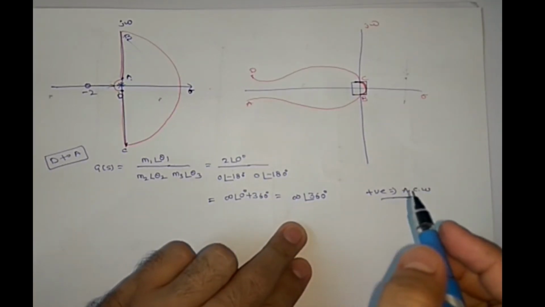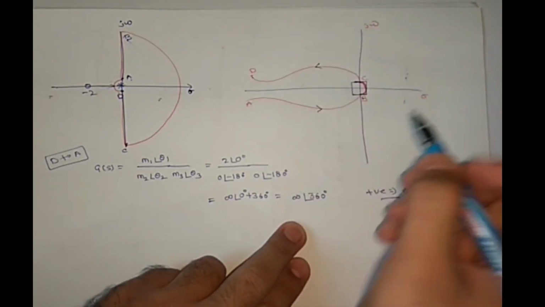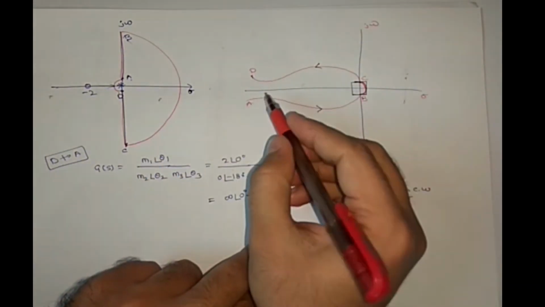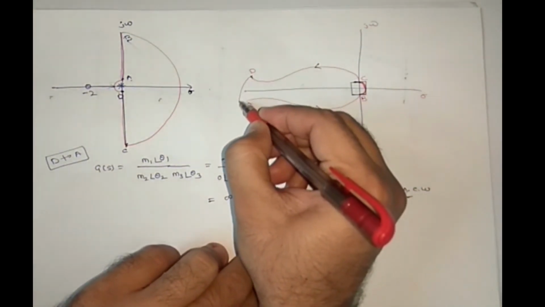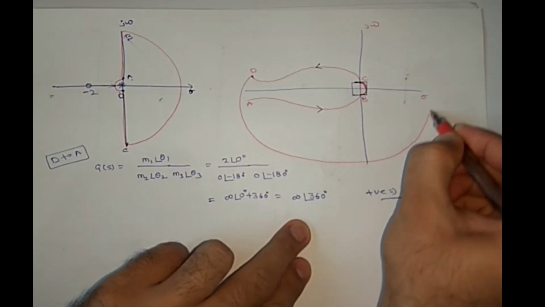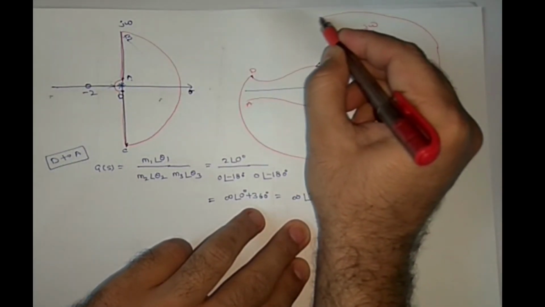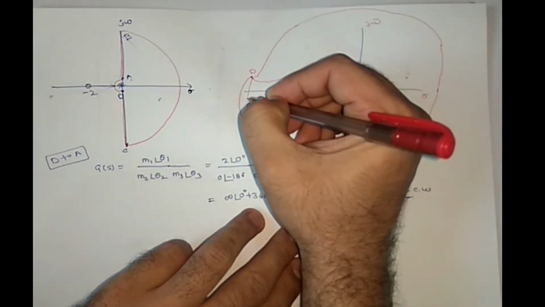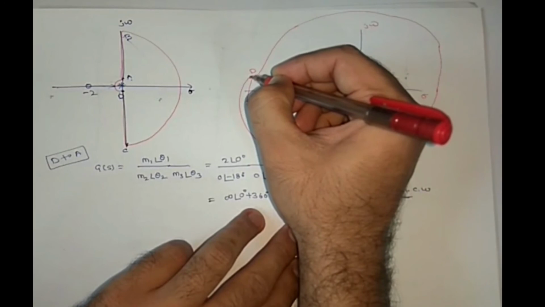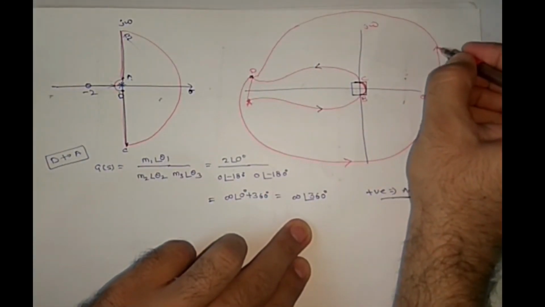Yes or no? So here we have a direction like this. Here D to A, we need to move in the anti-clockwise direction. So D to A at infinity radius, because we got infinite radius, right? And you need to reach here, A. You're starting here, you're reaching here.